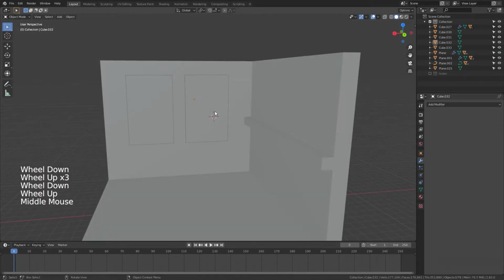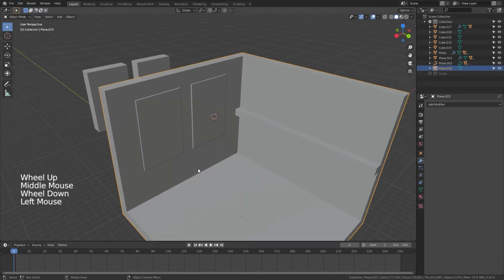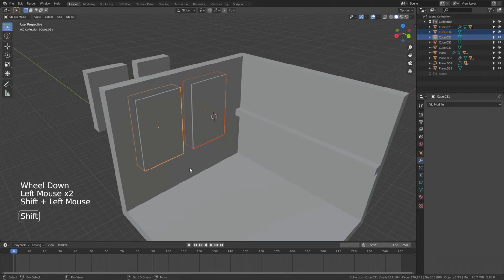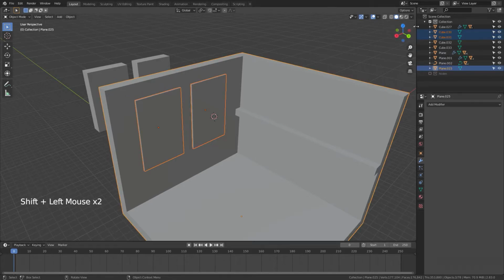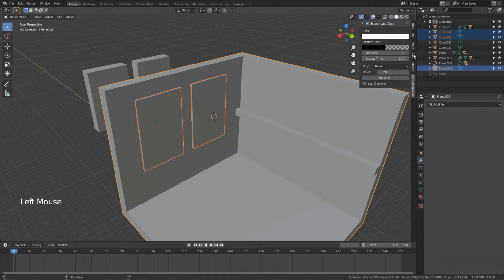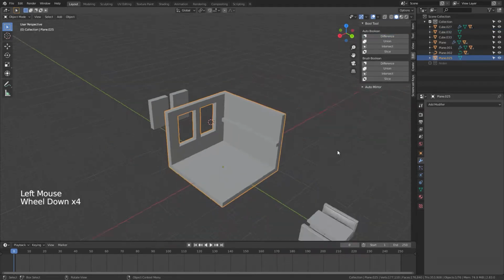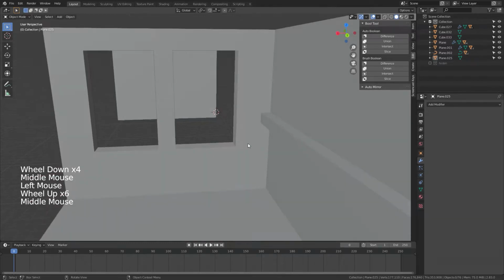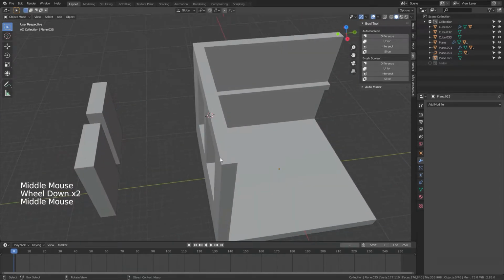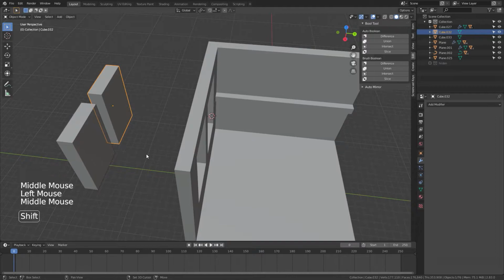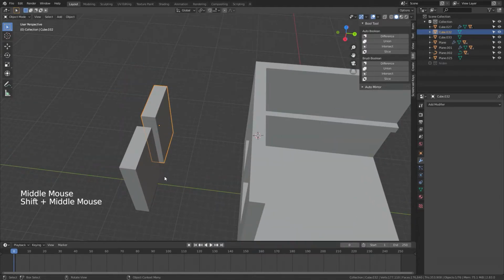But we have to add 2 holes in the scene. So we will select these 2 and this one, and we can come here, and in the Edit Bool tool, which we added as an add-on in the last videos, we use Difference. Okay, now you can see these are 2 holes for our scene. So we select one of these